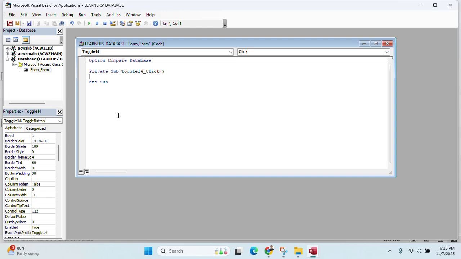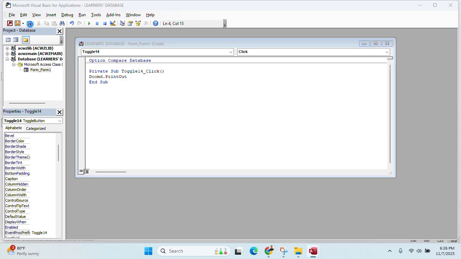that the computer can understand. Some more type of code that my button can capture so that I can print using that very button in a form. So I want to type DoCmd.PrintOut, the P is capital, and the O is capital, all capital, and then I save that by clicking save and then